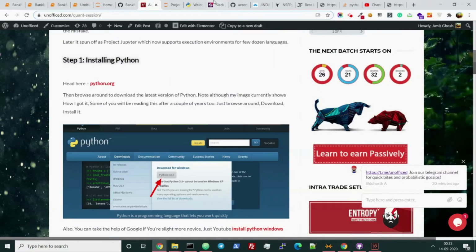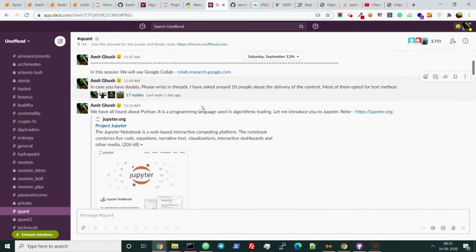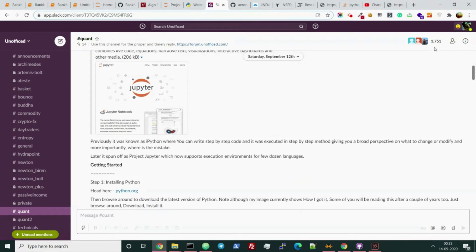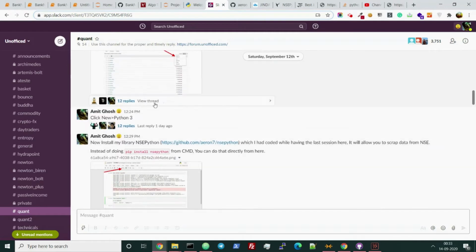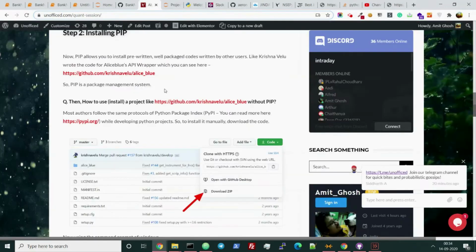There are many users there, and this session already happened there in a live interactive way with more than 4,000 members, and you can see many people participating, asking questions and stuff like that. Now, Alice Blue is a broker. You may have already known about that, and we have designed the API wrapper of Alice Blue written in Python. Alice Blue gives us the free API as we are the subbroker of Alice, and this nice code has been written by a senior community member named Krishna.